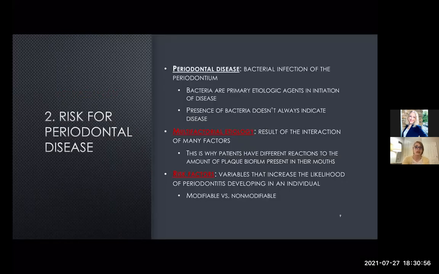So I'm going to stick with this slide here. The number one modifiable risk factor in periodontal disease, smoking. So when we say modifiable, that means something that we can change, something that you have control over, that you can change to increase the chance of a positive outcome for a disease. So this is where if we can modify the behavior of smoking and using tobacco, the risk factor of tobacco goes out the window, not a problem anymore.